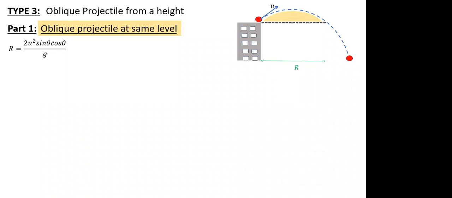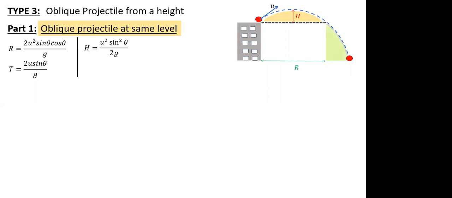Just look at the diagram parallelly, so that there won't be any confusion. Similarly, if I talk about the time of flight, I'm talking only from this level to this level, not for the entire projectile, the same level first part. There also you can apply the direct formula. And when you talk about the height, in the diagram there is a capital H, the height of the projectile. That too you can directly apply the formula. Now, these three things you can get for the upper section at the same level.